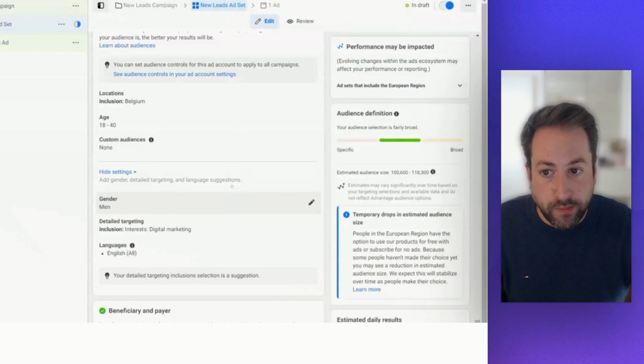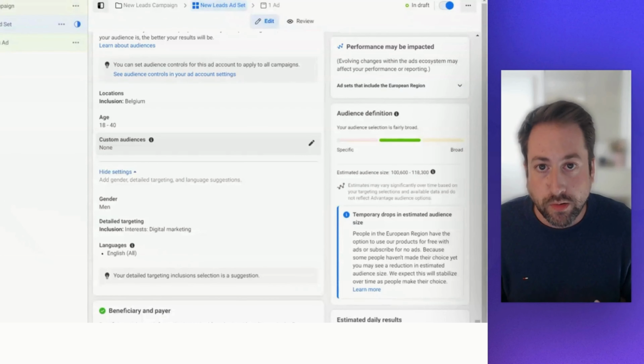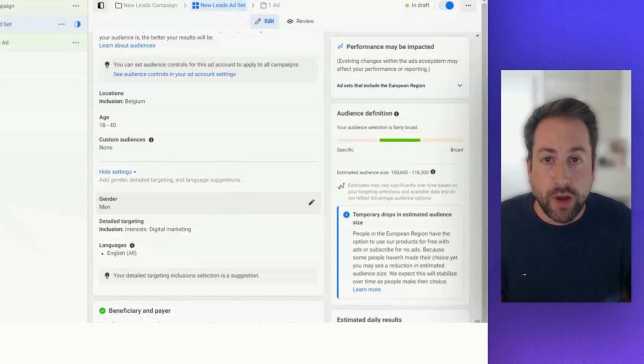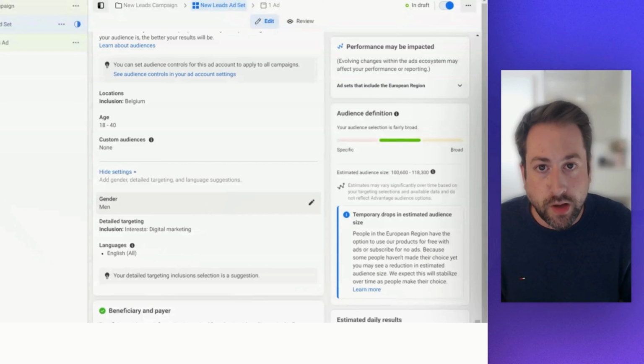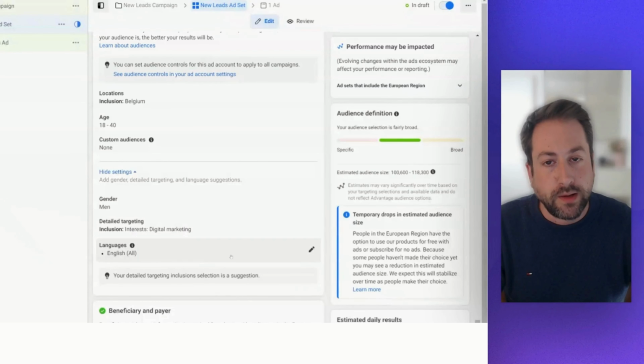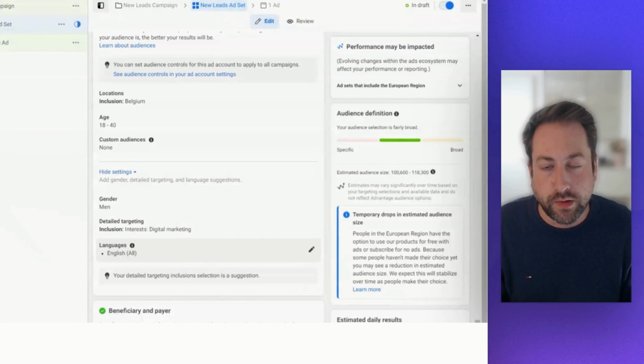Okay, so let's review all the available options. The location is a hard restriction. The age can go beyond the ages you've selected. The custom audience can go beyond the custom audience selection. However, you can control it, so you can unselect the checkbox. Gender can go beyond the gender unless you unselect the checkbox. Detailed targeting will always go beyond your selection. The language, this again is a hard restriction. If you set language to English, it will only target